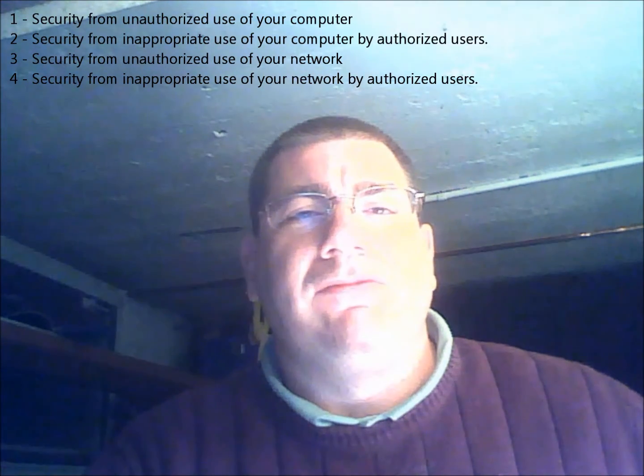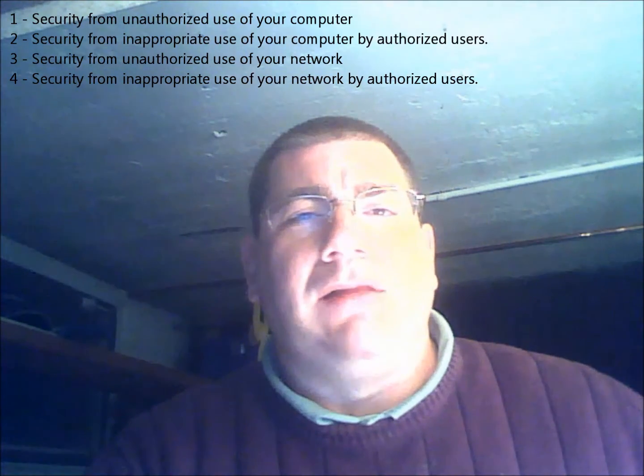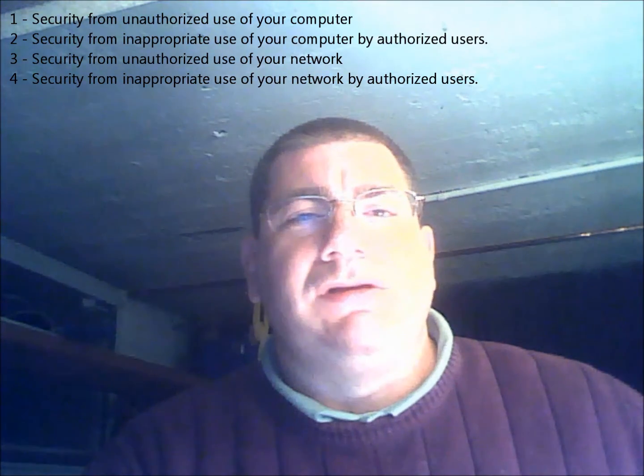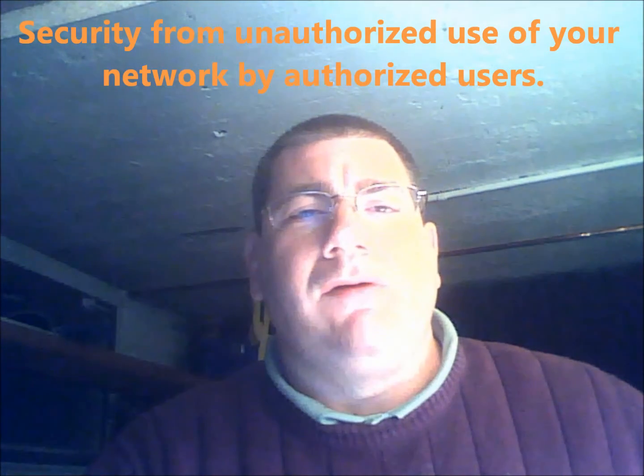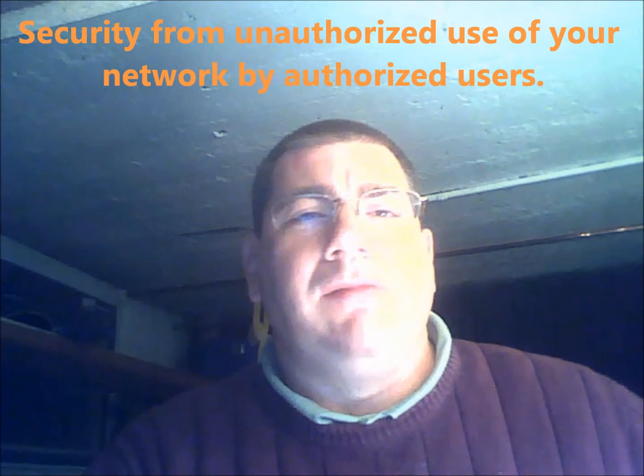I believe there are 4 basic security levels when it comes to setting up home or small business computers and networks. And today I'd like to talk about level 4, which is the unauthorized use of your network by authorized users. Essentially what that means is what happens when you give permission for someone to connect to your network and they do